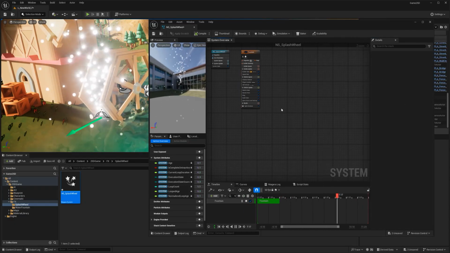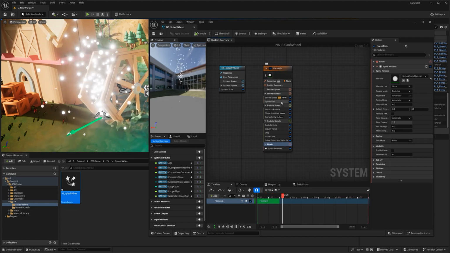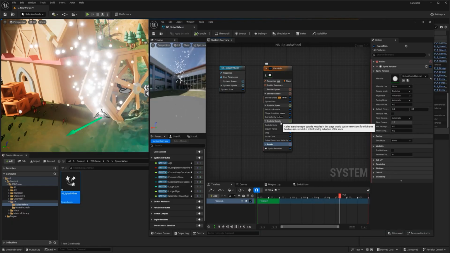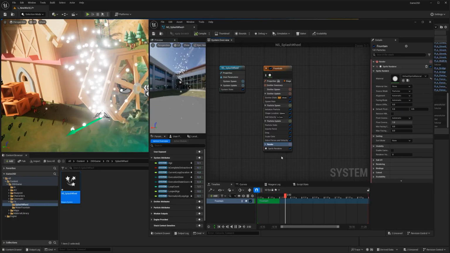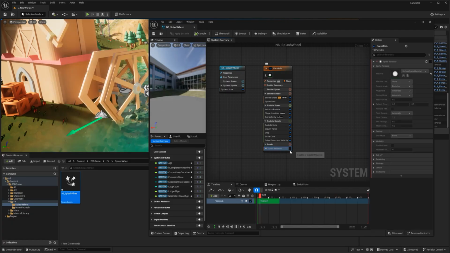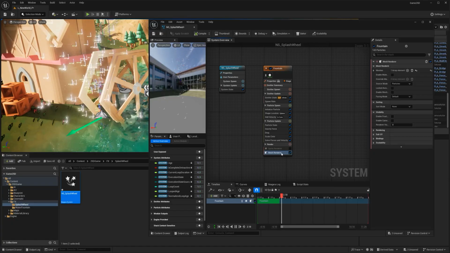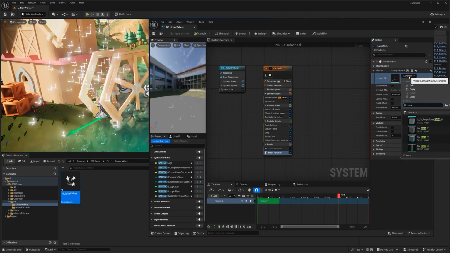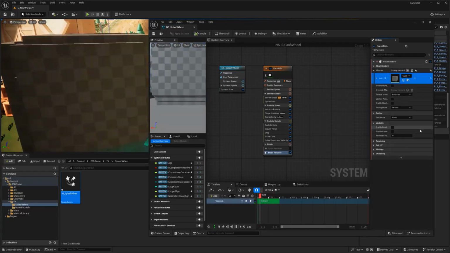So the first thing I'm going to do, you see that I'm rendering. Everything is like it's one after the other. So you have the update, the spawn of the particle, then what happens with the particle over life, when the particle is alive, and then you have the rendering. So all of this has this order because that's the order of operations that a particle needs to exist inside the system. So what I want to do first is instead of using sprite renderer, just going to uncheck, I'm going to look for mesh render. And inside my mesh render where it says mesh, I'm just going to look for cube. And this one here seems to be good.